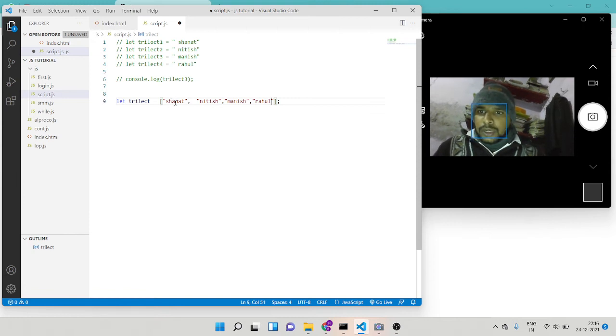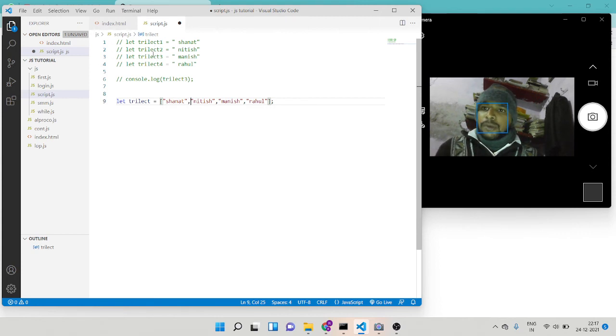So zero is Sanat, first is Nitish, second is Manish, and third is Rahul. Okay, so we want the result as one value. Trilect is our array.